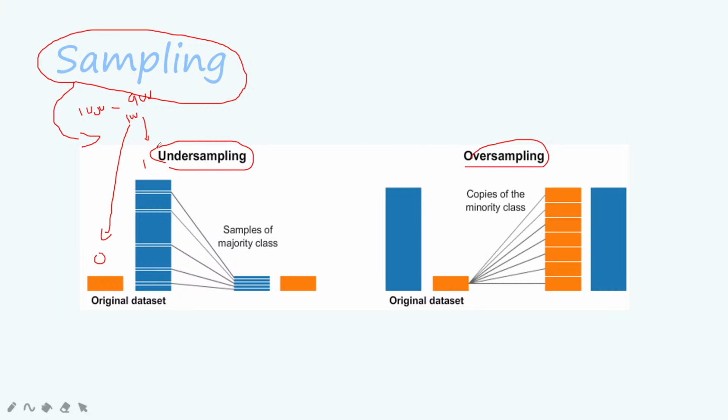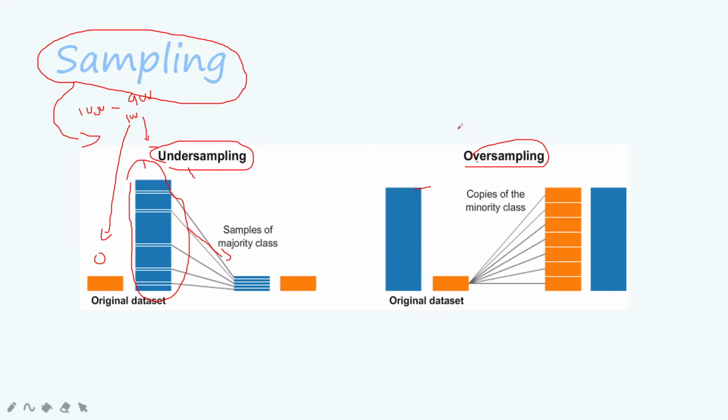Undersampling is nothing but, here you can see in undersampling, if you have a minority class and majority class, your majority class will be made equal to the minority class, that is, I am just deleting most of the data. Oversampling is nothing but I am duplicating copies of the minority class until it equals the majority class. That is called oversampling. Based on the data availability, you can do either undersampling or oversampling to achieve